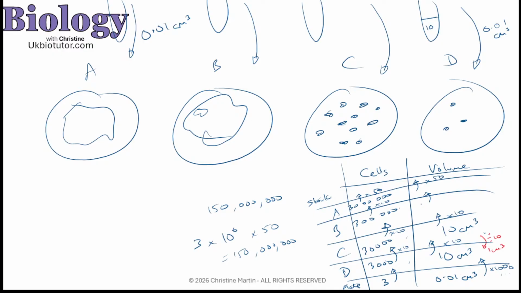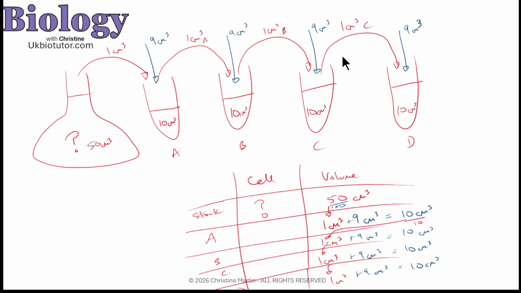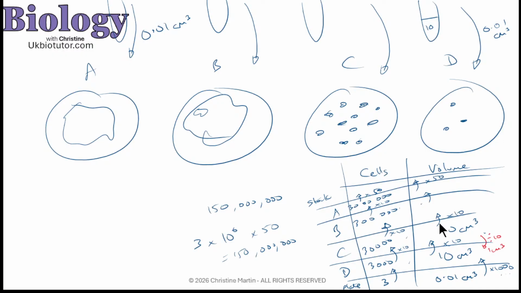And I found that the table method works for me. I used to do it by going back and using my little diagram this way, and then I would get myself a bit confused. So when I started doing it with this little table, it just seemed to work. It made sense for me. I was able to see what's the volume, what did I do going down, so how could I go back up?